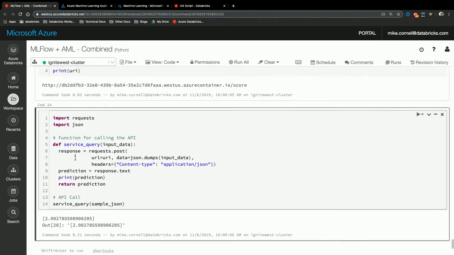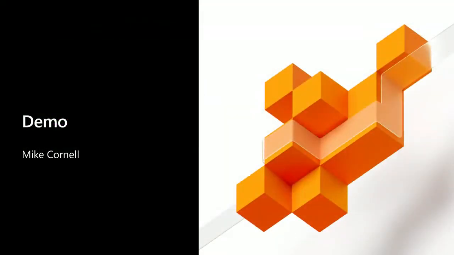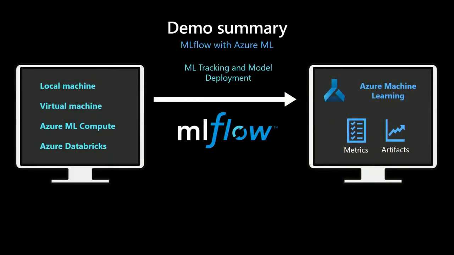And we create a very basic function that says, hey, call this web service endpoint, pass it this data, and you see within a couple of tenths of a second, it returned a prediction. Okay? So that's kind of it from a demo perspective. So we showed you here,